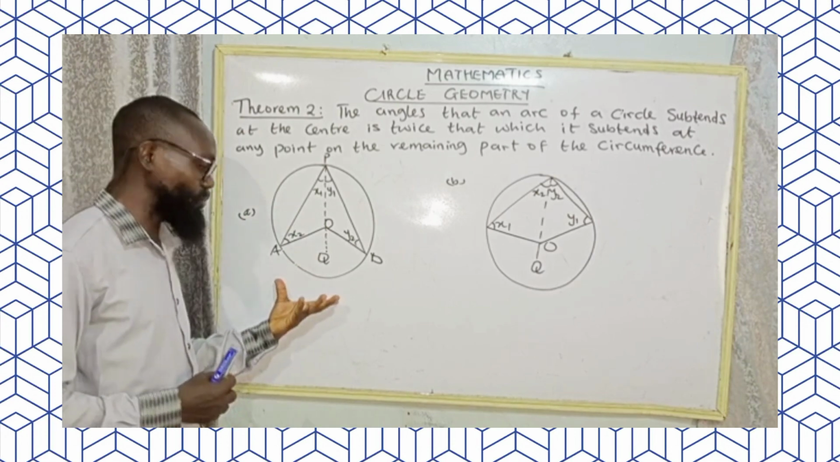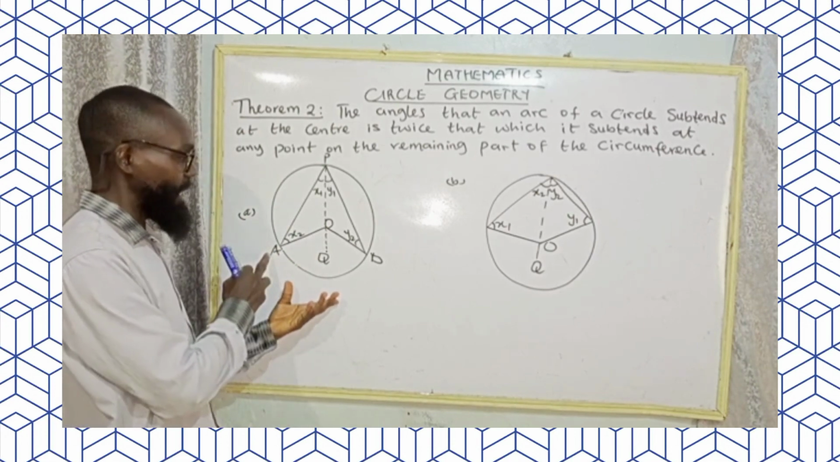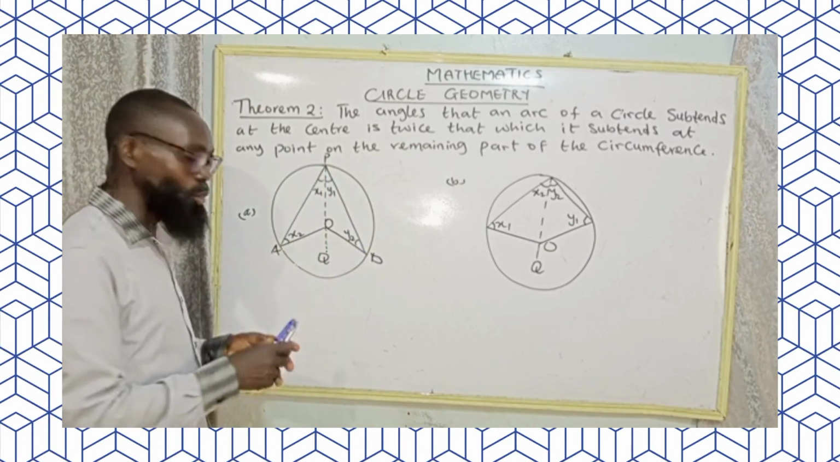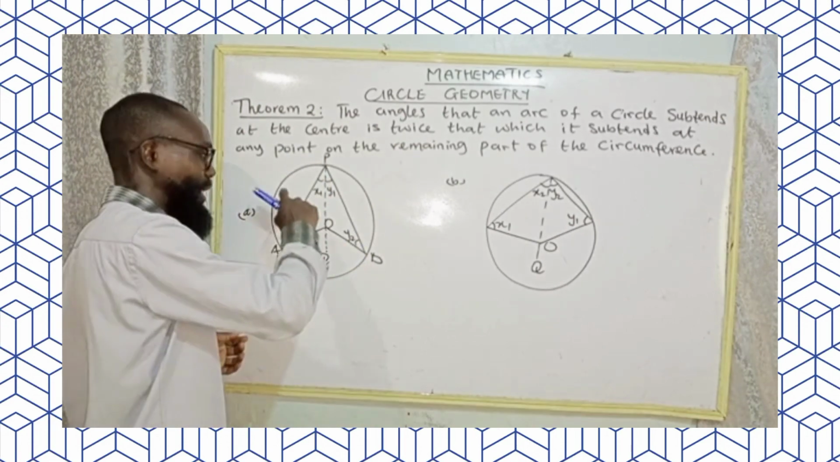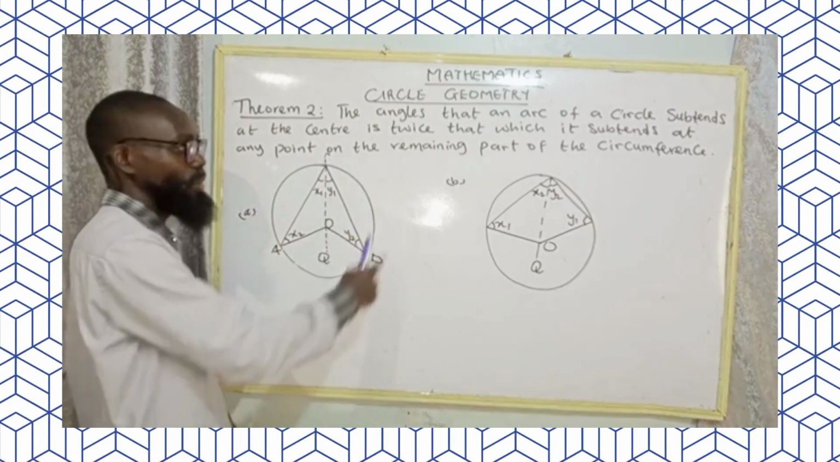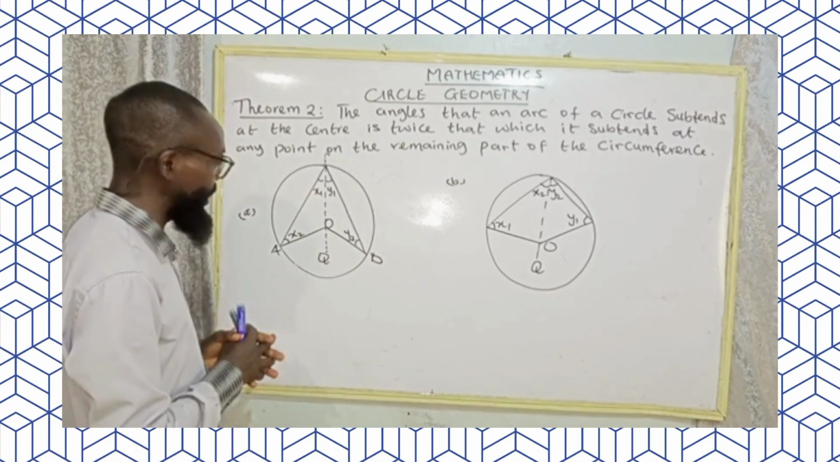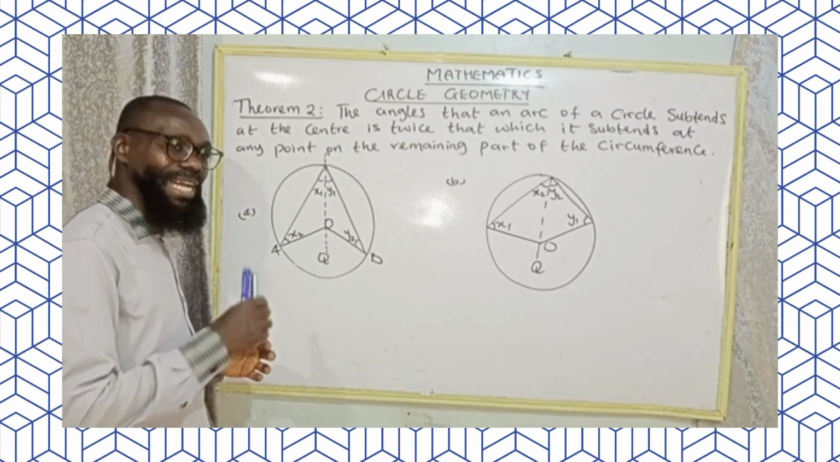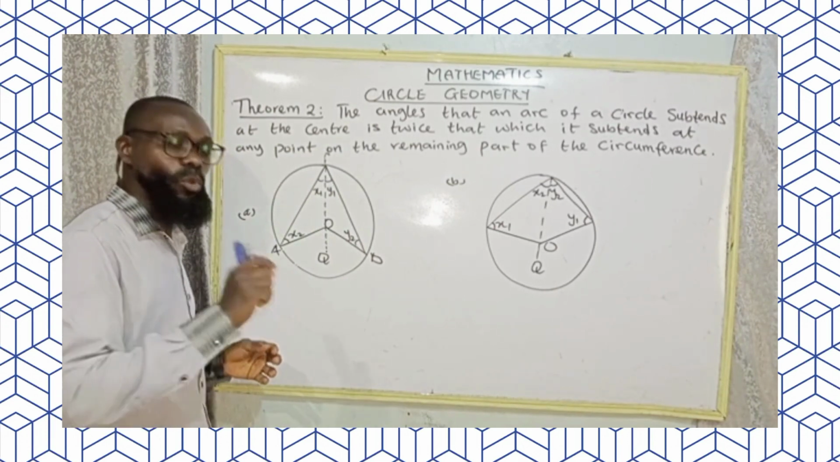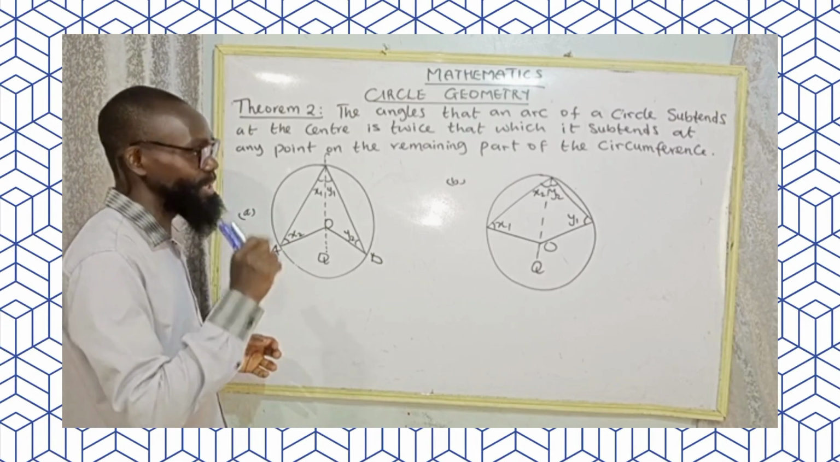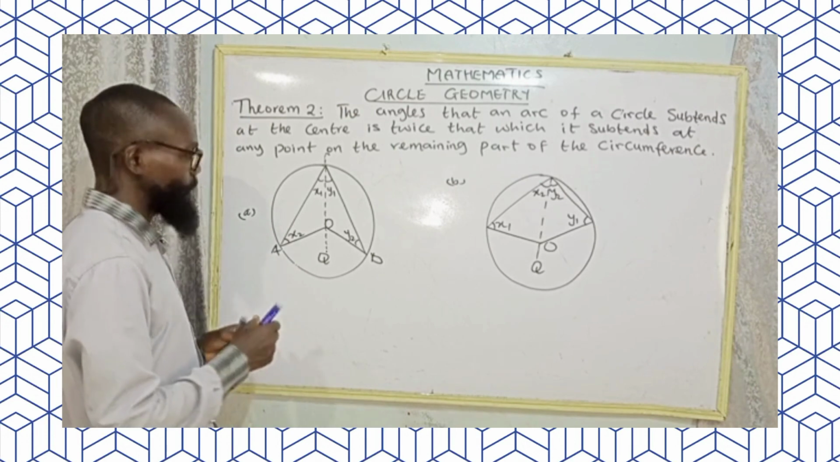Let's consider this circle. We have A, P, B. They are the angles on the circumference. Don't forget it's a circumference. The angle on the circumference. Now, since they are the angle on the circumference, the angle subtended at the center will be equal to 2 times the angle subtended at the remaining part of the circumference. So which means that